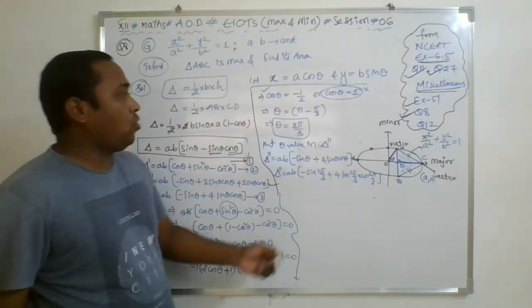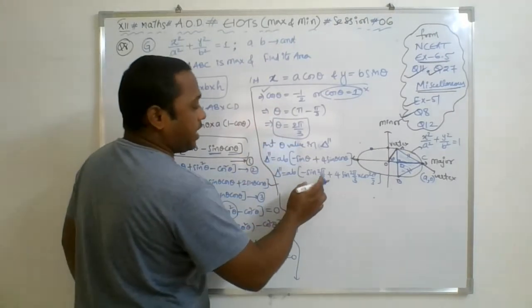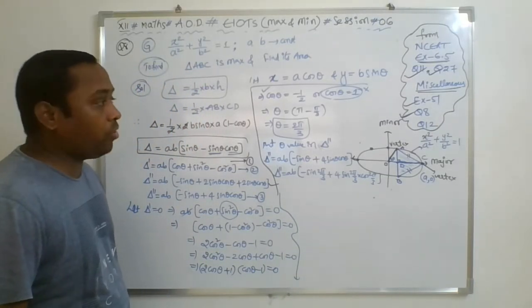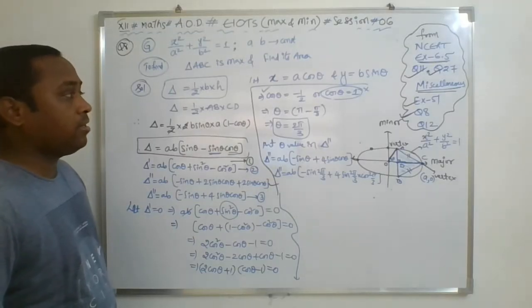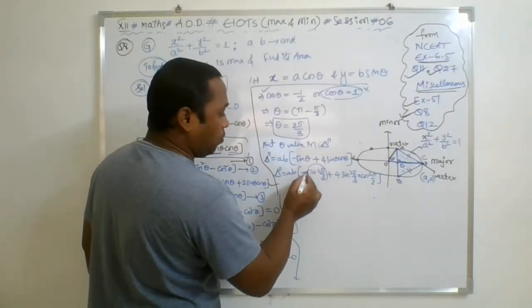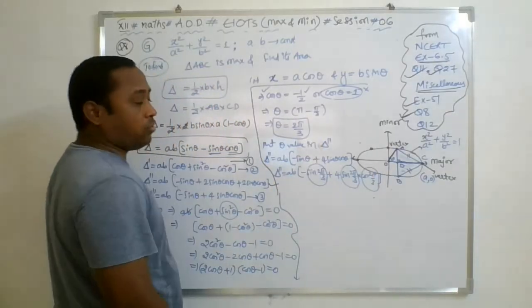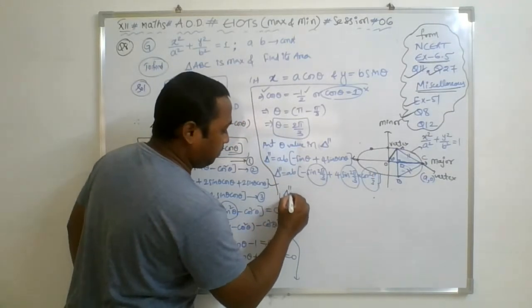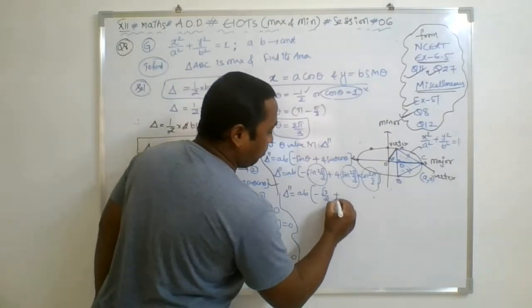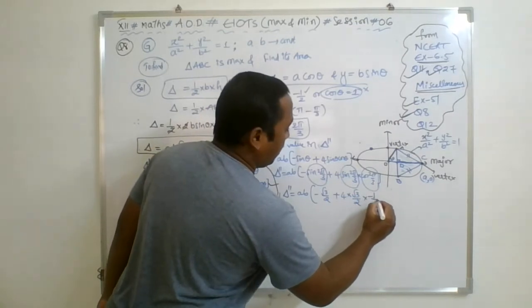So already we know the value of cos 2 pi by 3 is minus 1 by 2, and only sin 2 pi by 3, what will its value be? Sin of pi minus theta is sin theta only, that is sin pi by 3. The value of sin 60 is root 3 by 2. So sin 2 pi by 3 value is simply root 3 by 2. This value is already there, and cos is minus 1 by 2. I am substituting those values over here. AB into minus root 3 by 2 plus 4 times root 3 by 2 into minus 1 by 2.